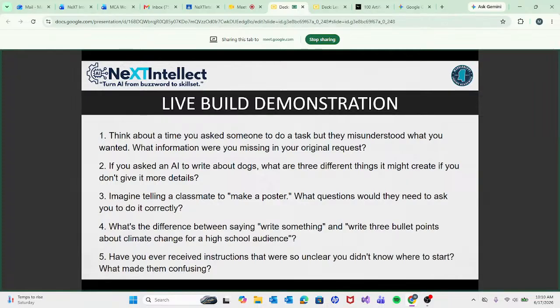So think about a time that you asked someone to do a task for you and they misunderstood what you wanted. What type of information might have been missing from your request? Okay, we tell them to go in the other room and bring you like the checkbook. What if there's more than one checkbook in there? Or if it was just go in there and bring me a drink. Okay, is there a water pitcher in the fridge? Are there sodas? Is there juice? Okay, the more specific, the better chance that we'll get what we were needing from asking the favor of the